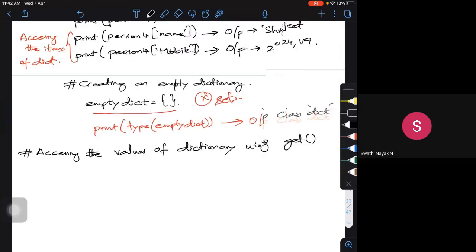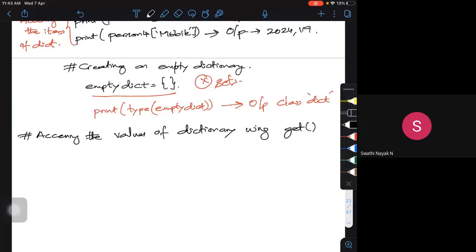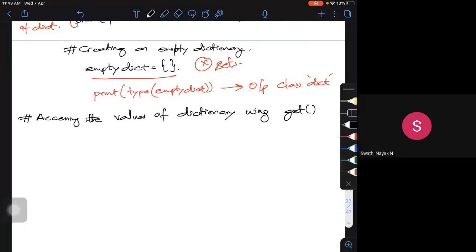If I want to get the same person 4 name, what I'm going to do is print person 4 dot get. Within this, what I want is name, then close the bracket.